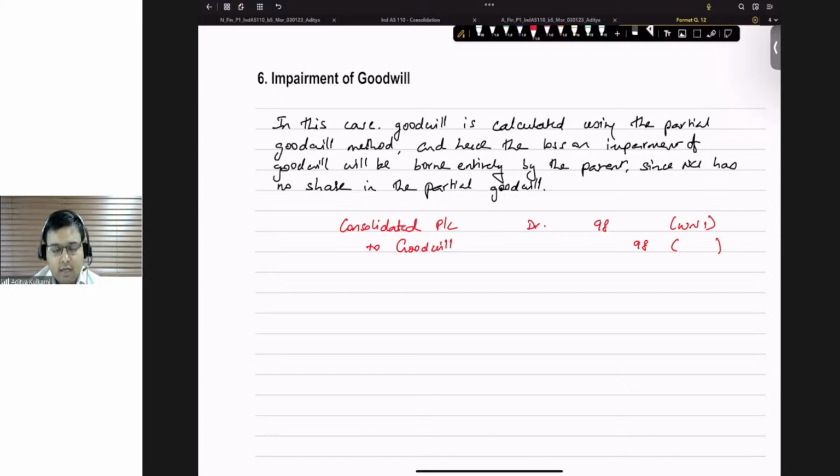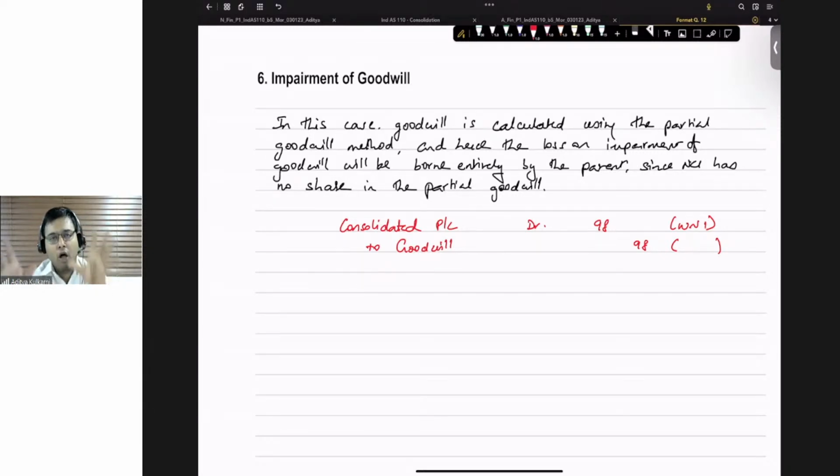You cannot do that. Once you choose what method to follow on the date of acquisition, that goodwill, whether partial or full goodwill, is going to remain with you for the lifetime as long as you maintain control in that subsidiary. So the allocation options are not based on assumptions that if this was partial, this will happen. It's based on a very sound principle that I can allocate the loss in the ratio of the